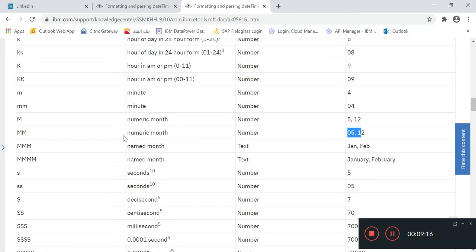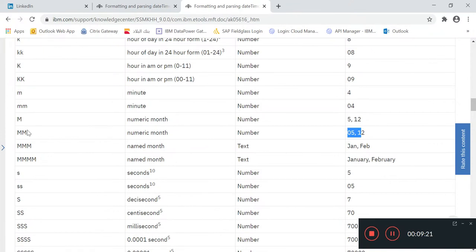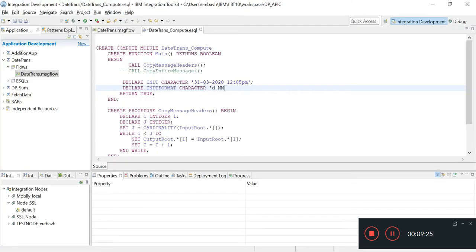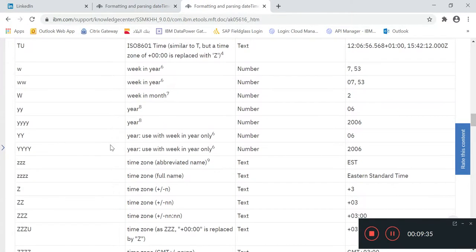We are using the month as 03, so we will use double capital M, then slash, then the year is in four digits, so 2020. So we will see here year. You can see here the four digit year, so 4Y.